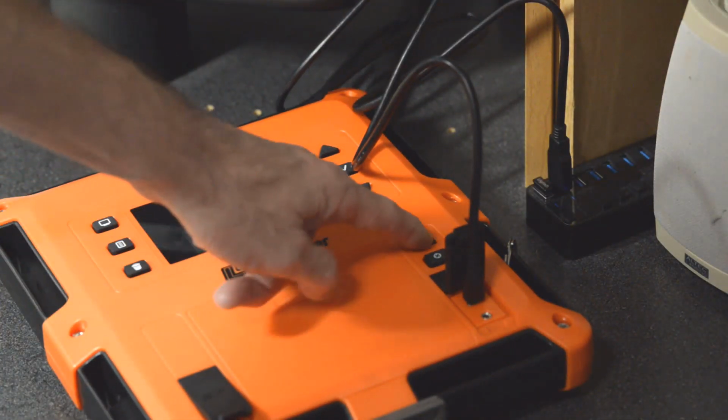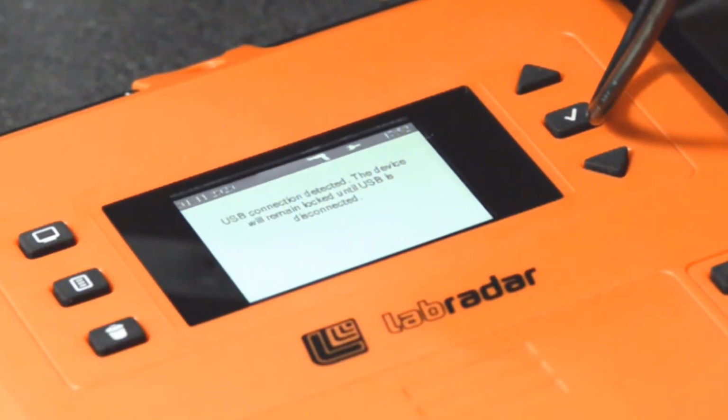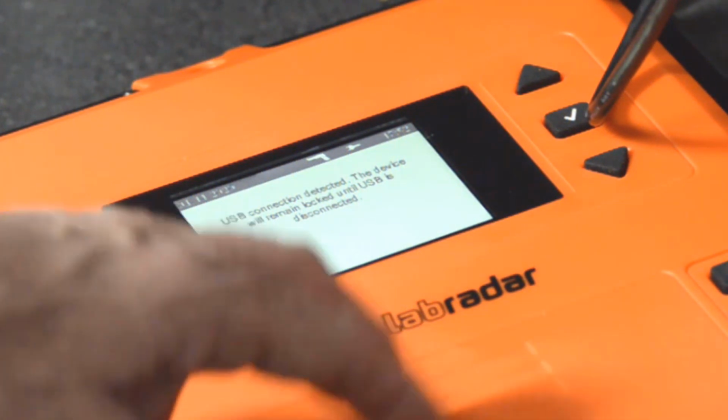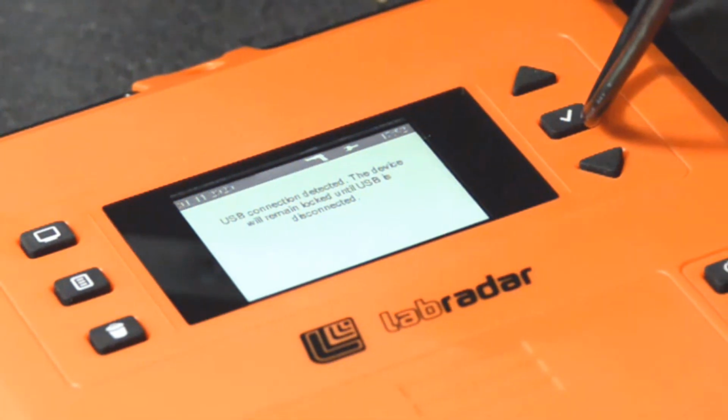And then you turn it on, and you get a message that says USB connection detected. The device, which is the LabRadar unit, will remain locked until USB is disconnected.